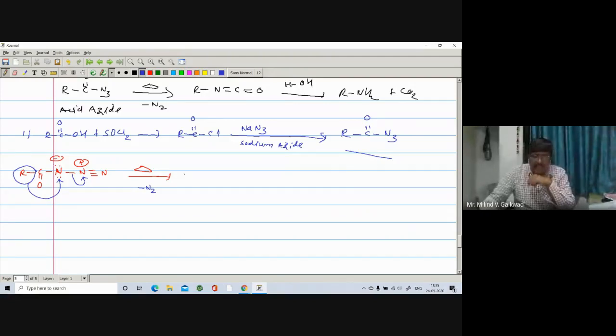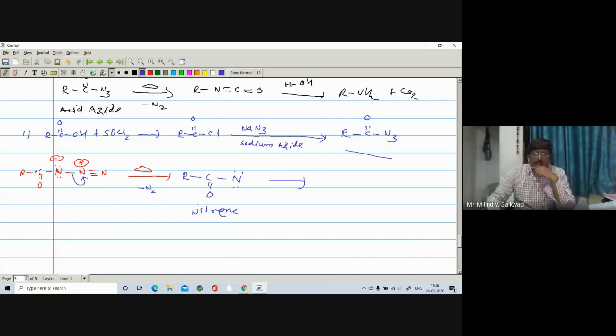So I will add one more step. Here is C double bond O, here is a nitrogen with a lone pair already, and again only one lone pair because the negative undergoes neutralization. This species is called a nitrene, meaning in all these three rearrangements there is a formation of a nitrene. And then it undergoes rearrangement. Here I will not write the direct step, we add one more step only, but we can also write the direct step.